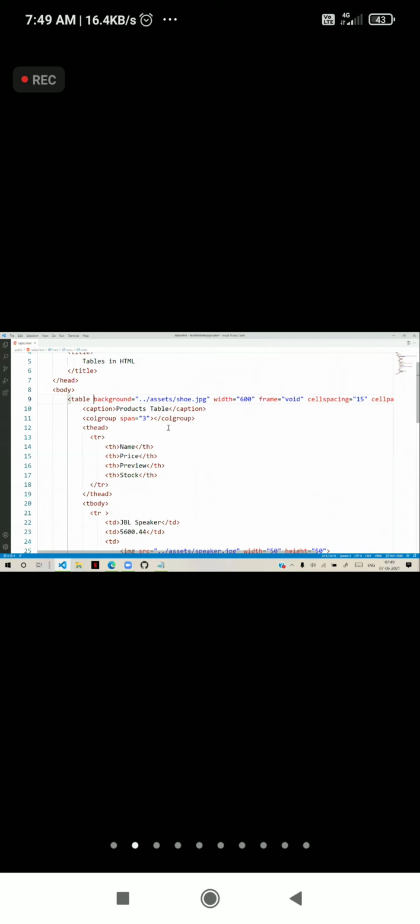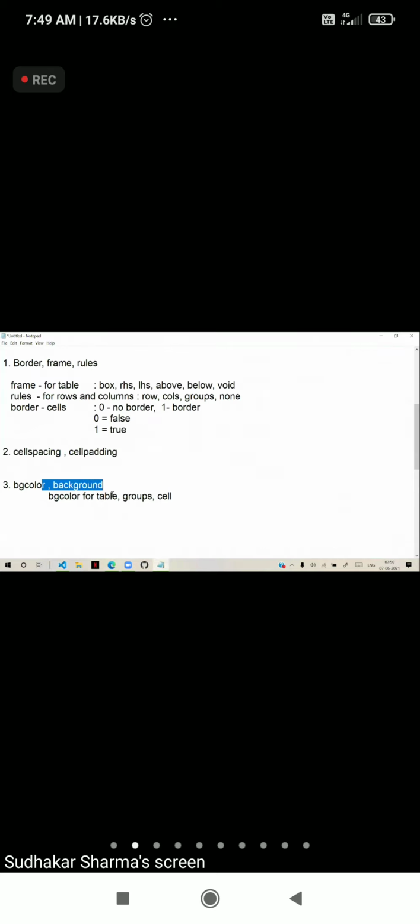Due to that, you cannot see the image properly in the background, but there is an image in the background. Later, we will see how we can center and size. For that, we need CSS for background. So technically, the table can have a background color and a background image.